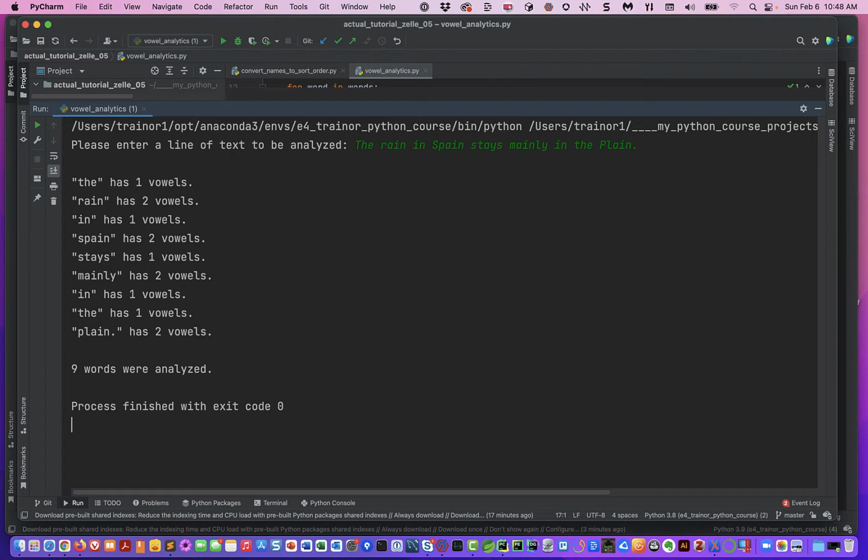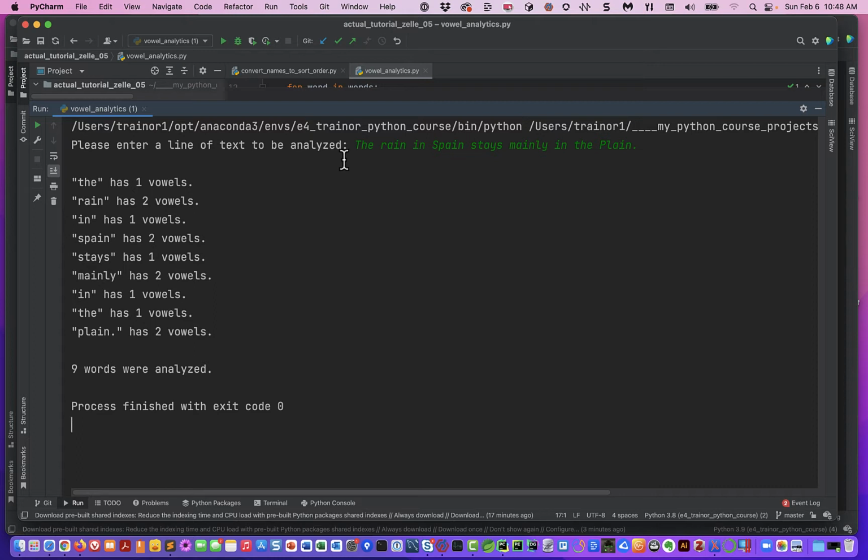We're going to type in a line of text, like a sentence. The program is going to prompt the user for a line of text to be analyzed,